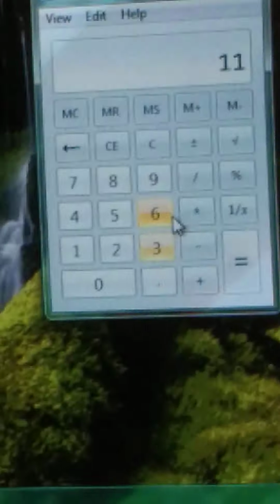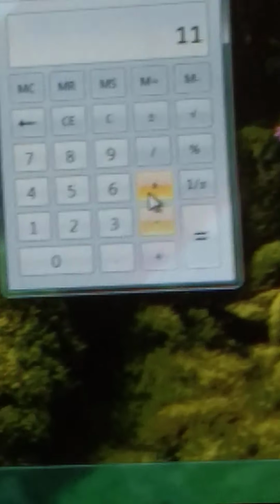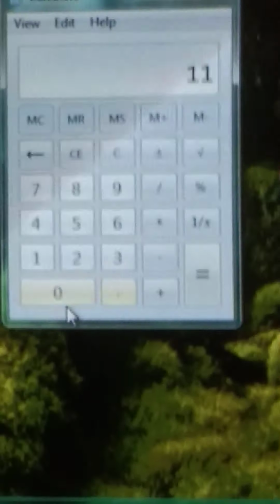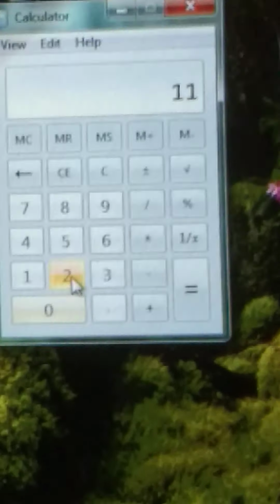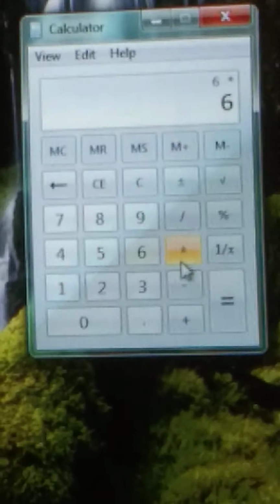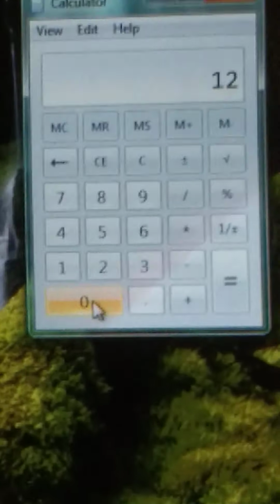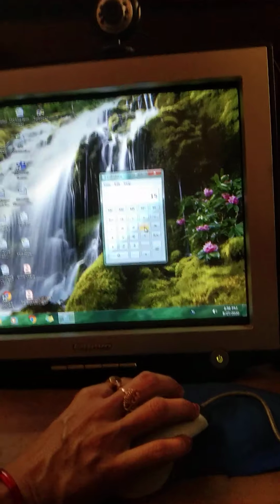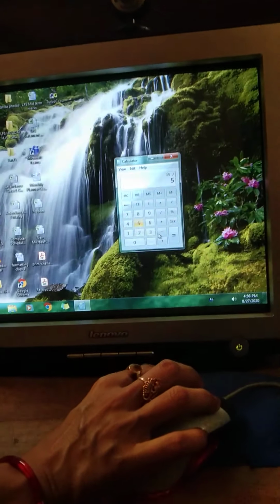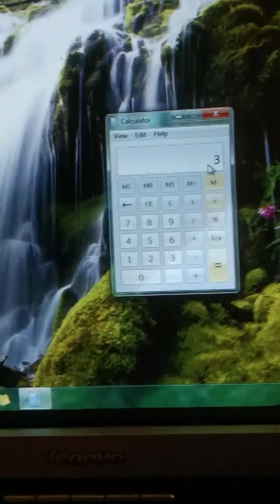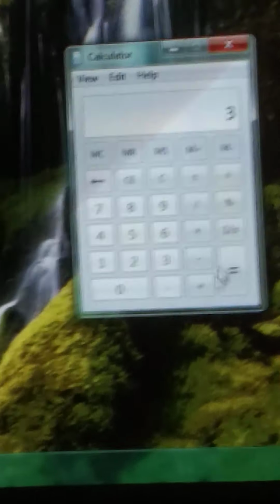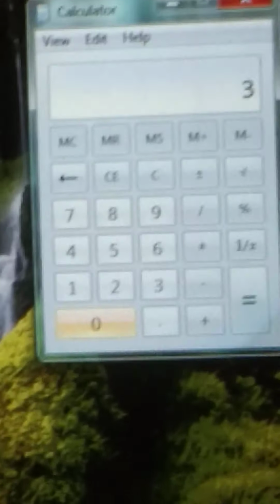We can also do minus, multiplication and division using this calculator, like 6 into 2 is equals to 12. And if we want to clear, just click on 0. Now we will do division. 15 divided by 5 is equals to 3. So calculator is a type of application software.